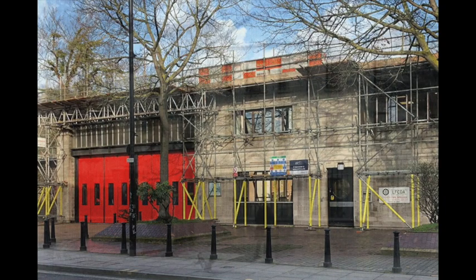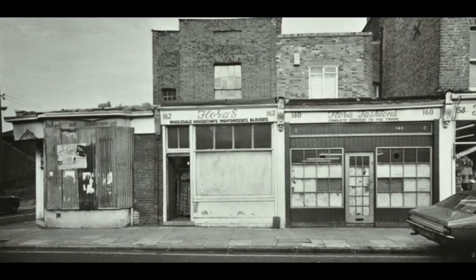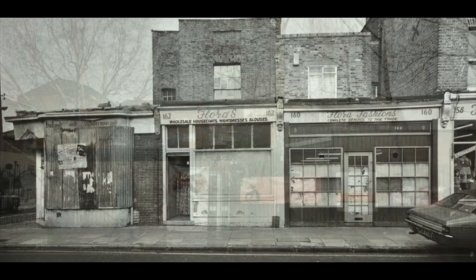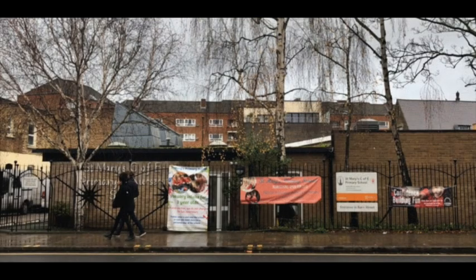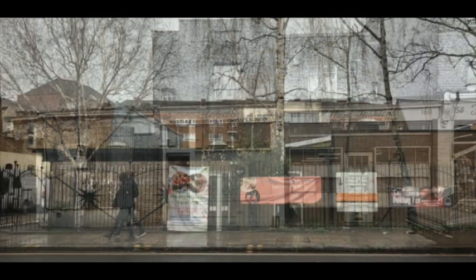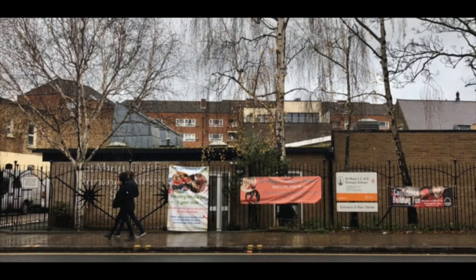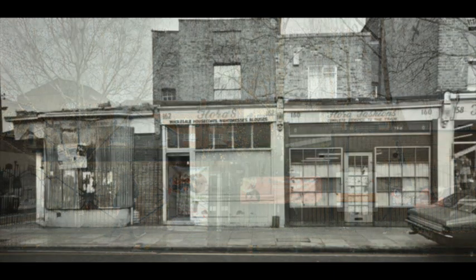It was knocked down in 1872. But from Fleetwood House to this. Does anyone know where this is in Church Street? You got the numbers, so you can kind of guess. Yeah, you don't see that in the estate agent brochure from that period. So that whole row of shops, obviously a lot of those were crumbling old buildings. I'm guessing that for various reasons they decided not to either renovate and keep them, so